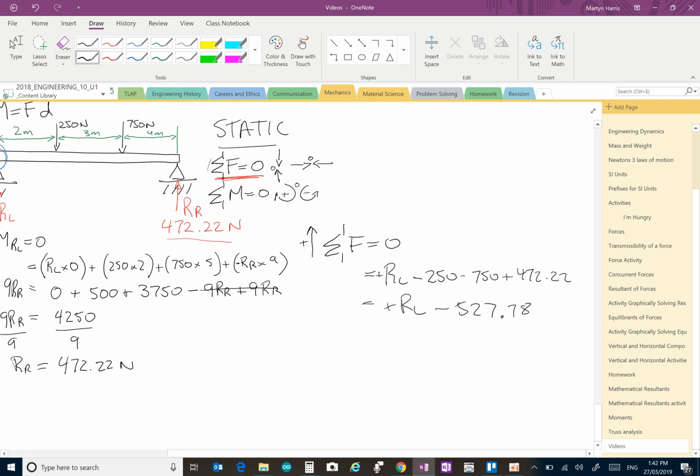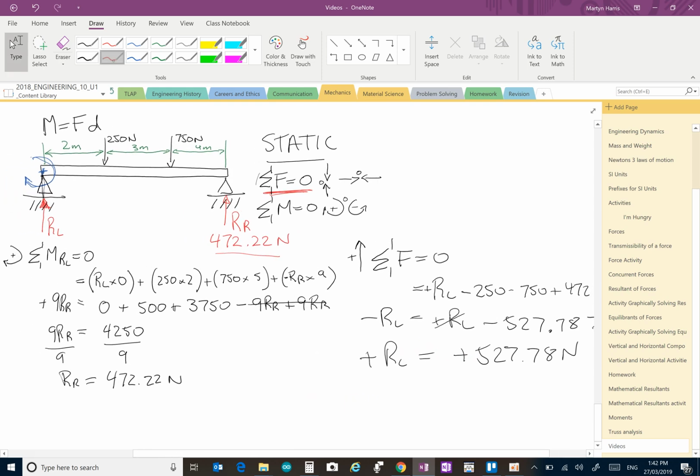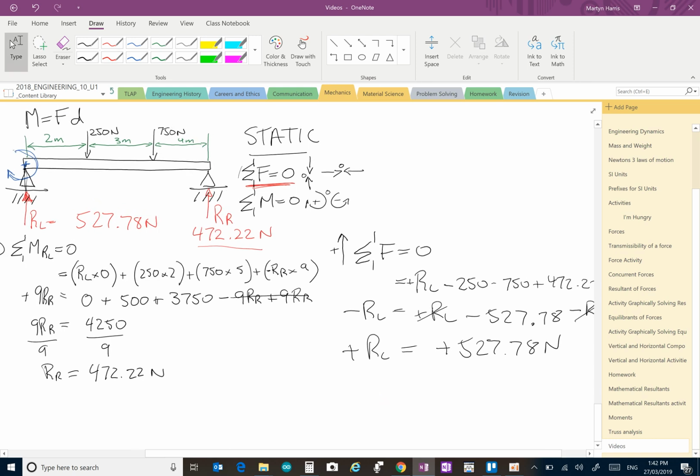527.78. Alright, now we're not finished yet because we need to take RL onto the other side, and to do that we minus RL from both sides, and that's going to get rid of it on this side, so we end up with negative RL equals negative 527.78 newtons. Now because they're both negative, they become positive, so I can then bring that over and I place it over here as now RL equals 527.78 newtons, and I've worked out what the reaction forces are now acting in my simple